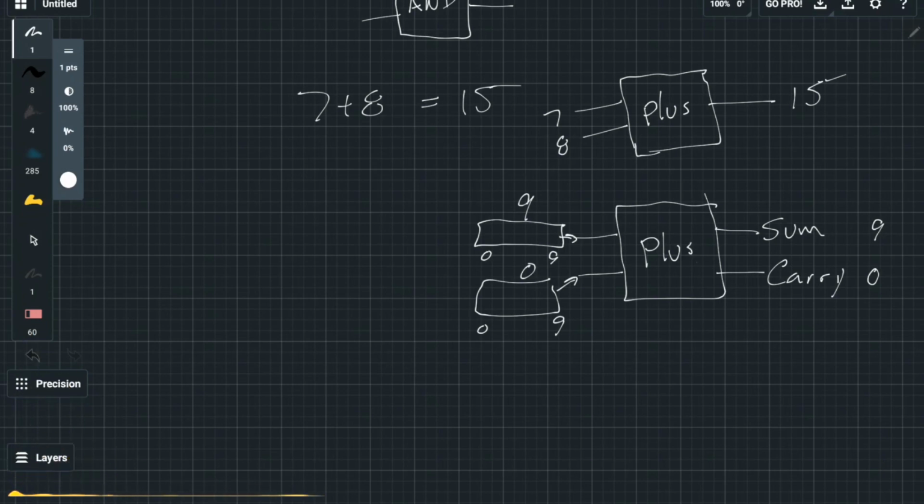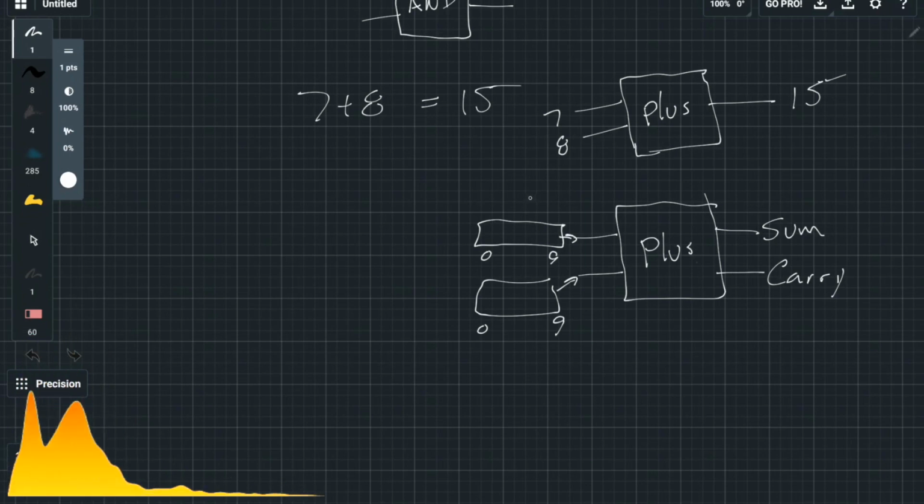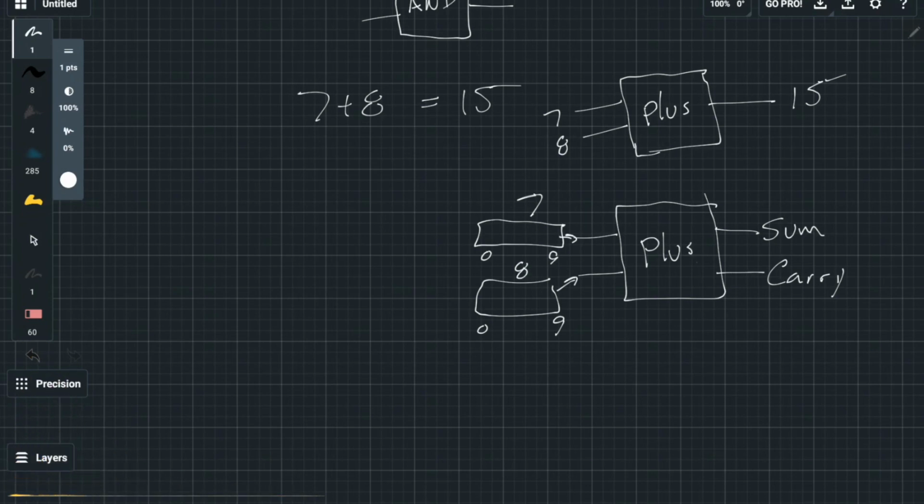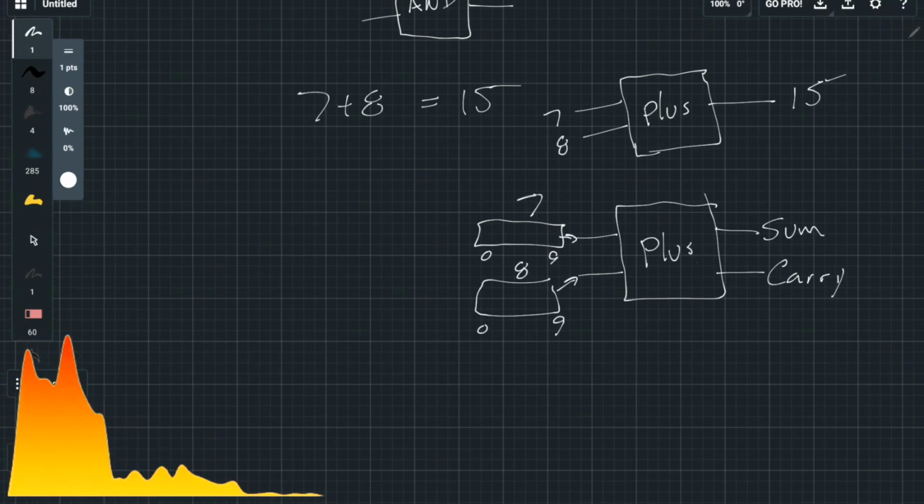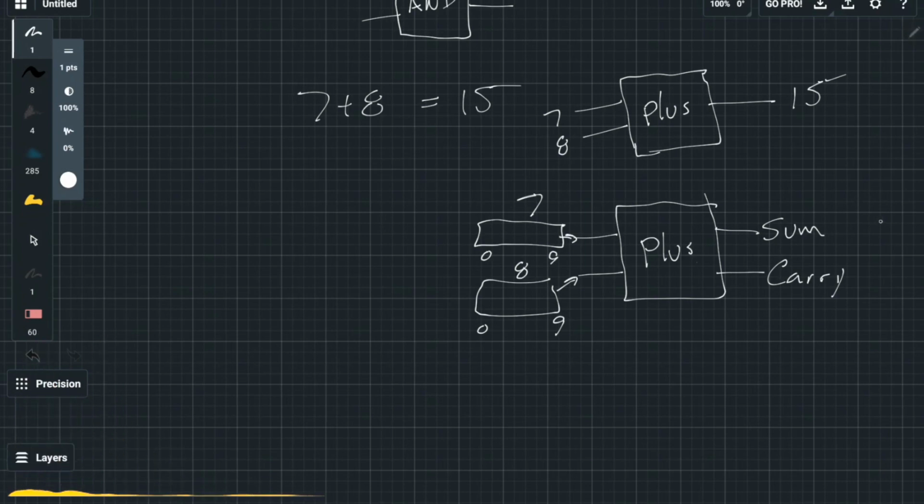But if I come back here and say, well, my input is 7 and my other input here is 8, like we were talking about, now what is the sum? Well, the sum part is the 5, just like from over here,